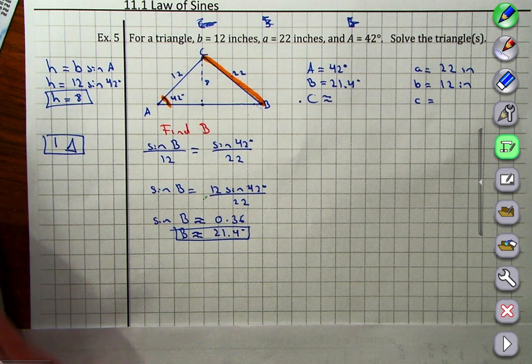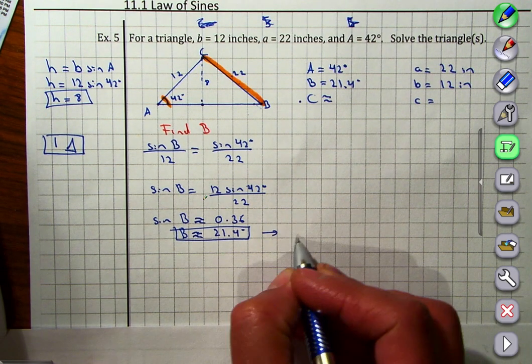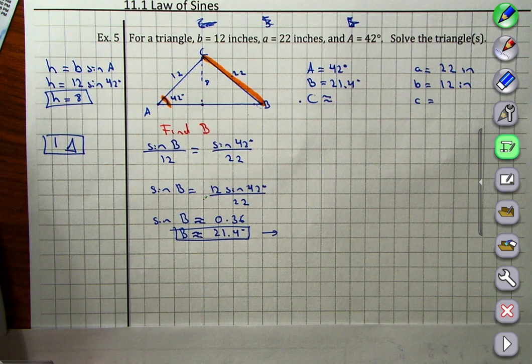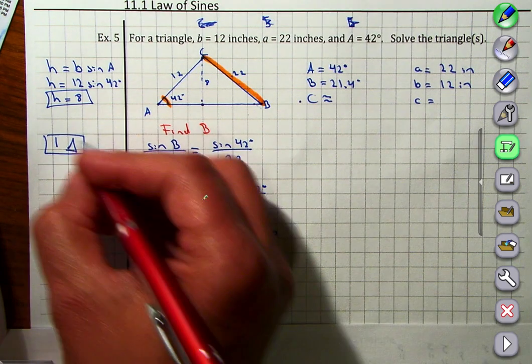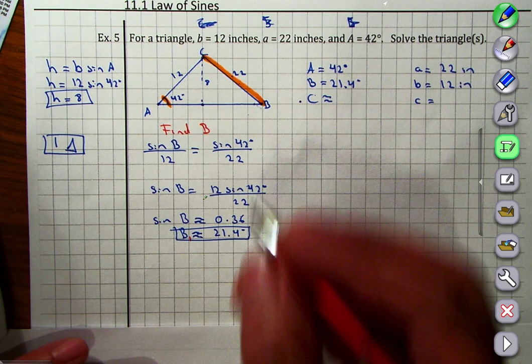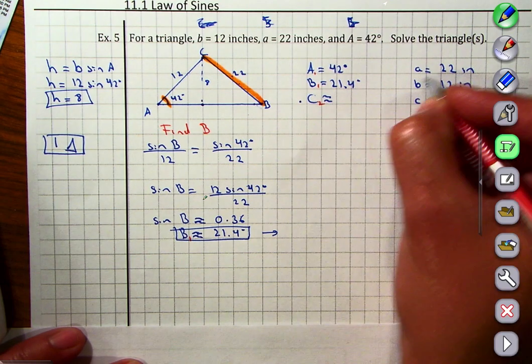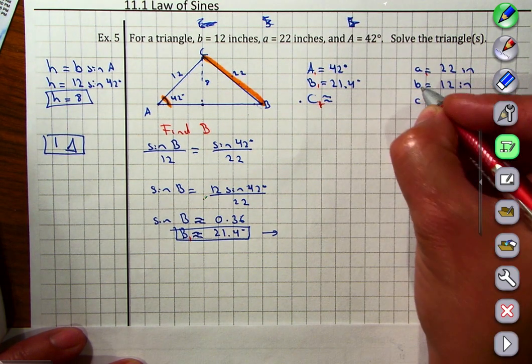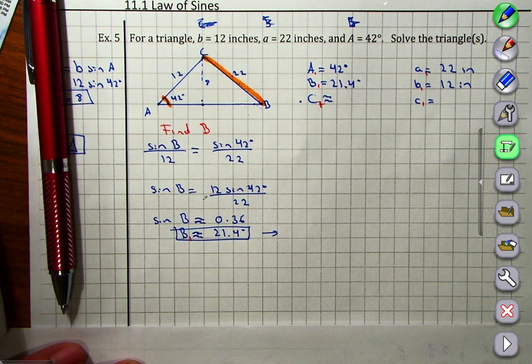So what will be my other angle? Let's assume that we don't know whether it has one triangle or not. Let's assume that we forgot to figure out whether we have one or two. So this is my first triangle, and my second triangle,